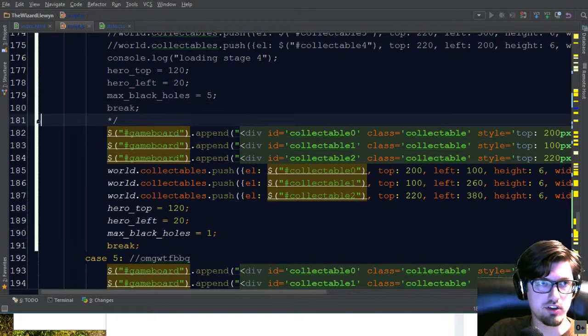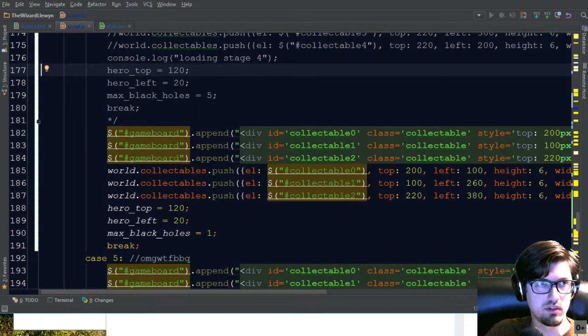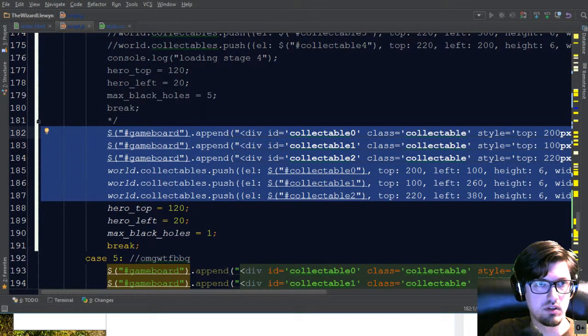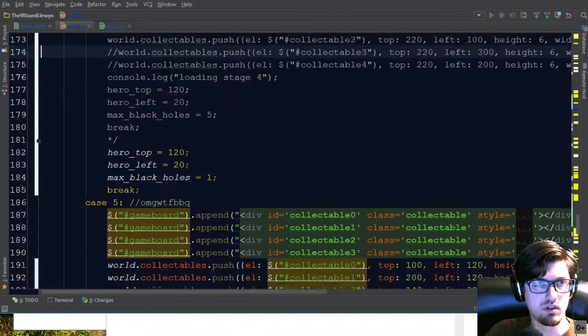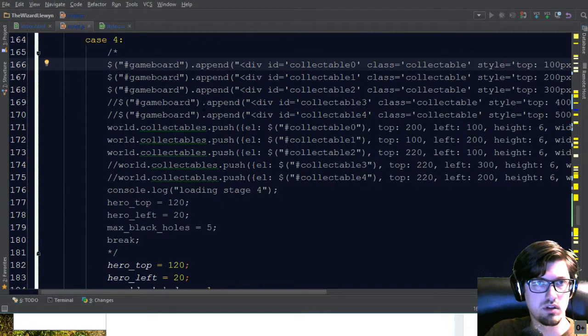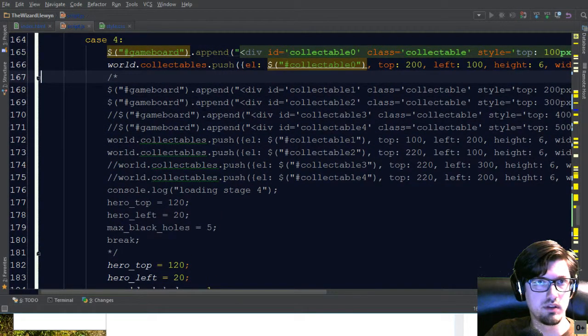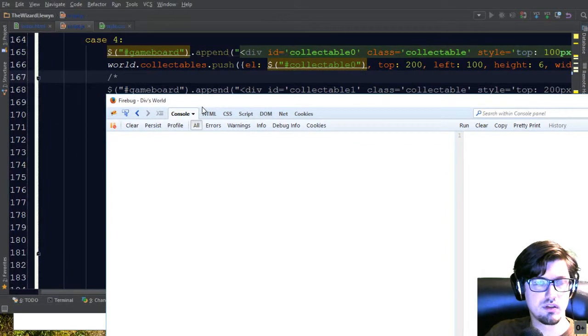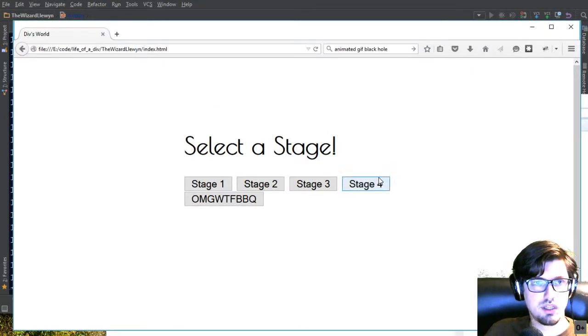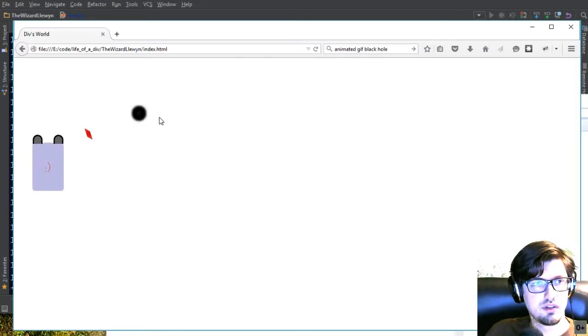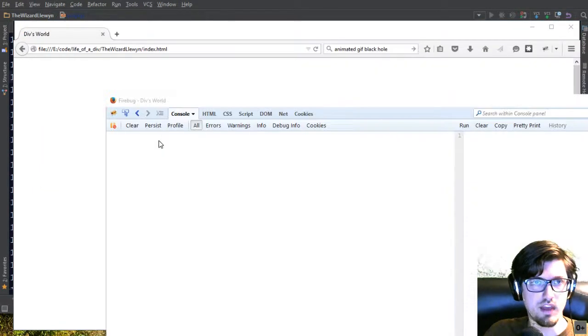Okay, so all of that should be fine. So let's leave that. Let's maybe give it 1 collectible and see. All right, so the error is somewhere in that first collectible.